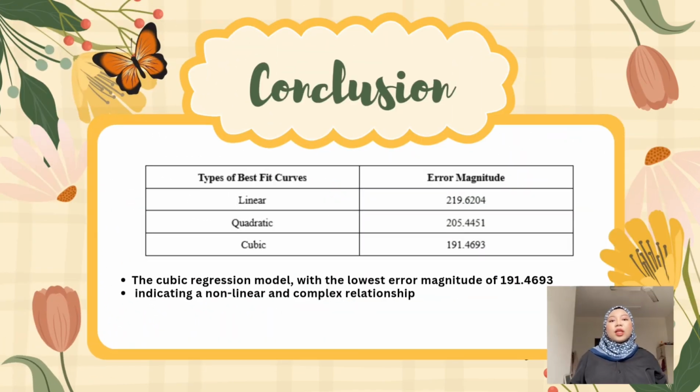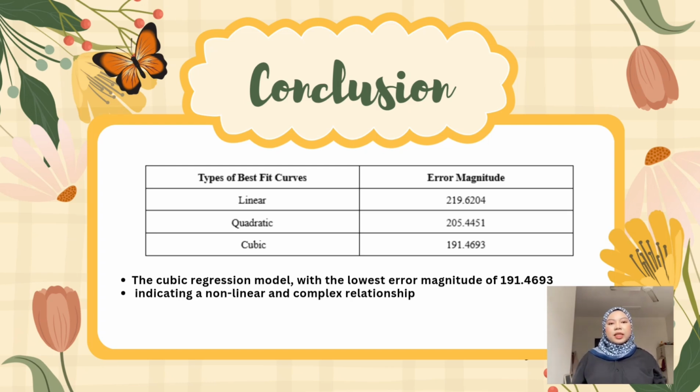From our analysis, we tested three models, linear, quadratic, and cubic, to find the best fit for describing the relationship between inflation rate and gold price. Based on the error magnitudes, the cubic model produced the lowest error at around 191.47, compared to higher errors for the linear and quadratic models. This means the cubic model captures the pattern in our data more accurately, likely because the relationship between inflation and gold price isn't simply straight or slightly curved, but may involve more complex fluctuations that